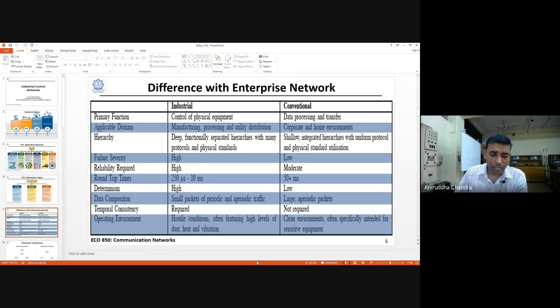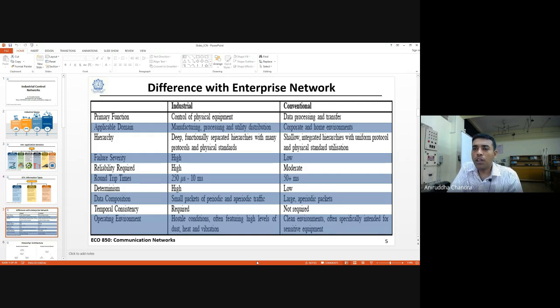On the other hand, in industrial networks, they're always like small packets, but they can be periodic or aperiodic. Like if you are having a sensing kind of thing or trigger which triggers some alarms, then they're aperiodic. But if you are reporting the temperature every 5 minutes, then it is periodic. But how much data you require to record the temperature? It's very few. So the packet size is very, very small.